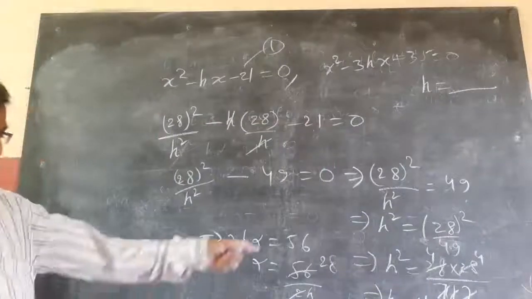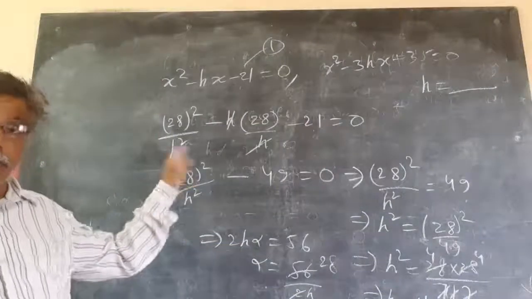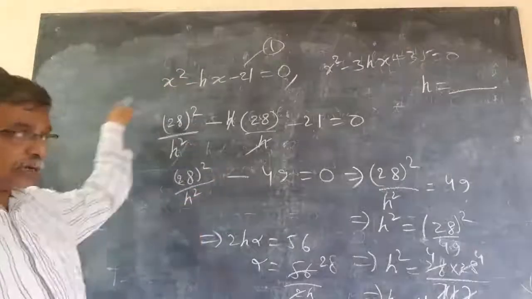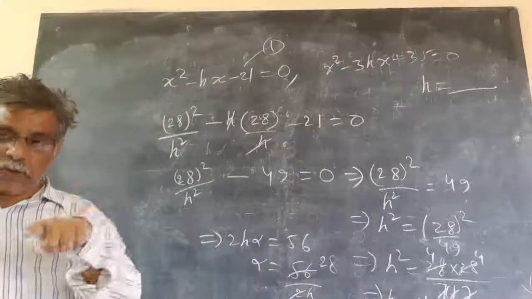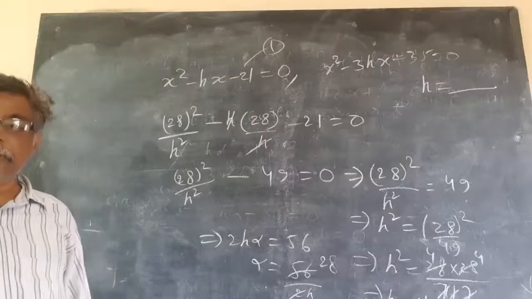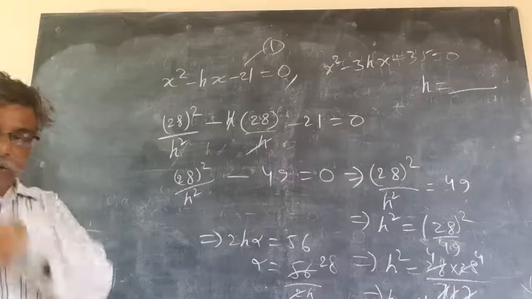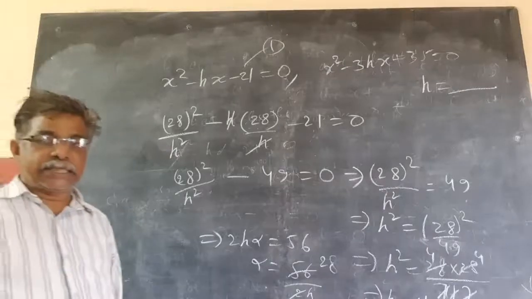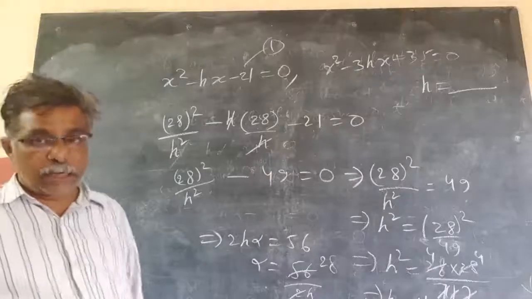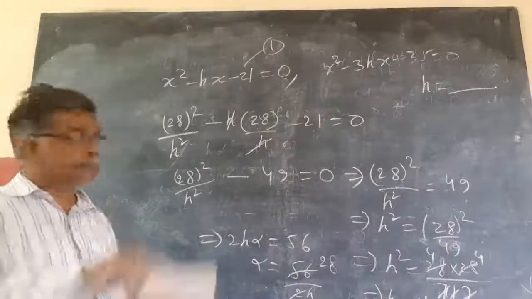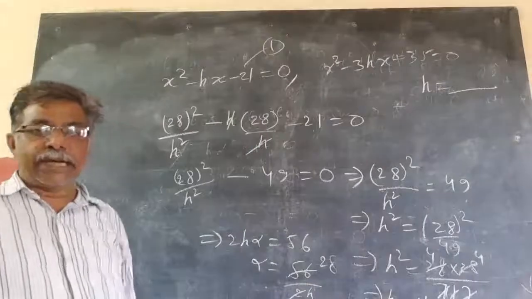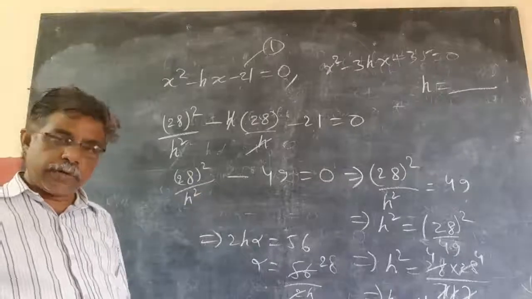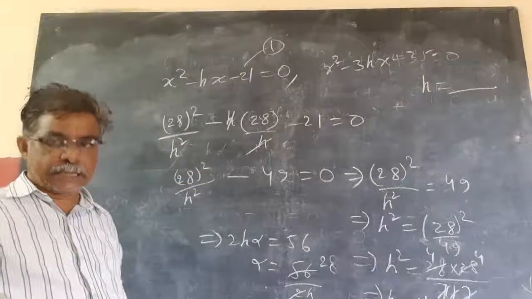So this question is asking for the h value. Instead of doing this much, if you remember the result, the condition, you can directly use that instead of working with alpha. That's why for objective questions I told you the condition is simple, the condition is the best. The condition is C1 A2 minus C2 A1 whole square equal to A1 B2 minus A2 B1 into B1 C2 minus B2 C1. You will get it in one step instead of doing the whole thing. So if you remember the condition, it will be easy for objective questions. Otherwise, you can do it using this procedure, no problem, but it takes some time. That's it.